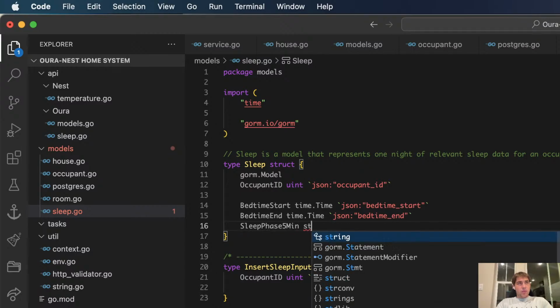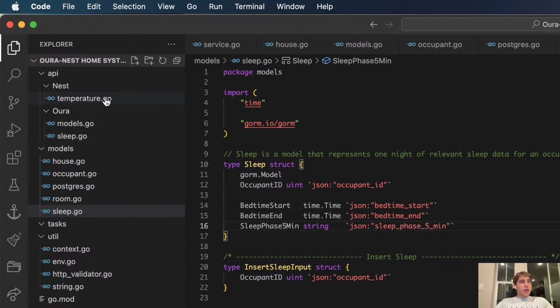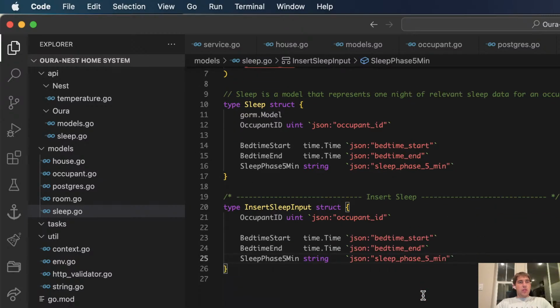It should actually be a string, which is super annoying, but it is what it is. We can store it as a string. That's fine. We'll be inefficient, at least at first, and that's okay. Let's then do bedtime start, bedtime end, sleep phase 5 minutes, and we have to insert all those.